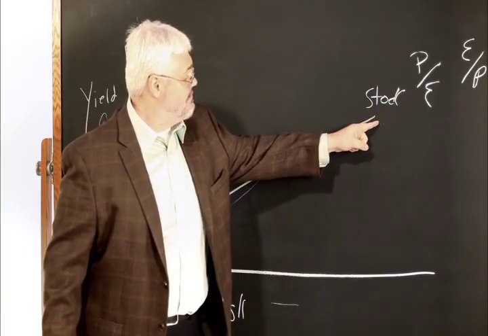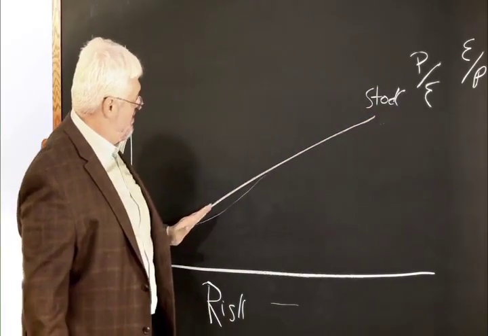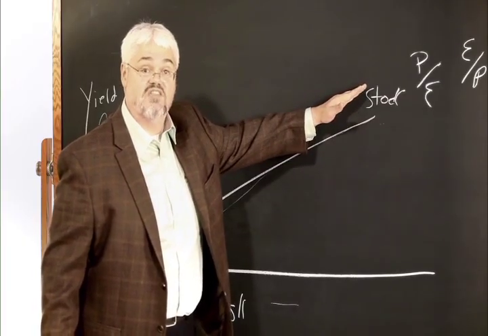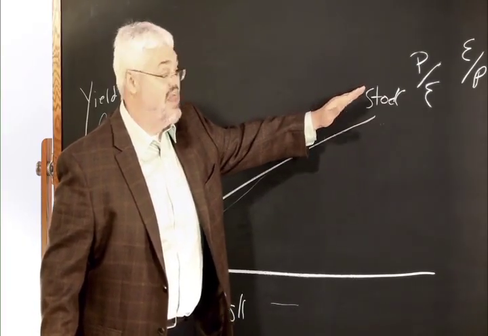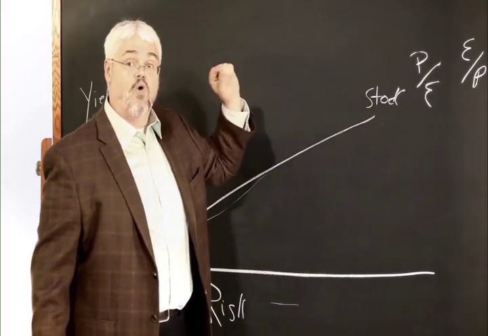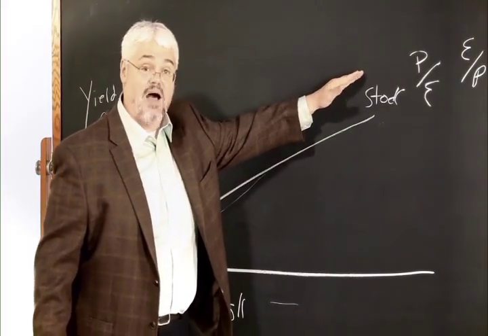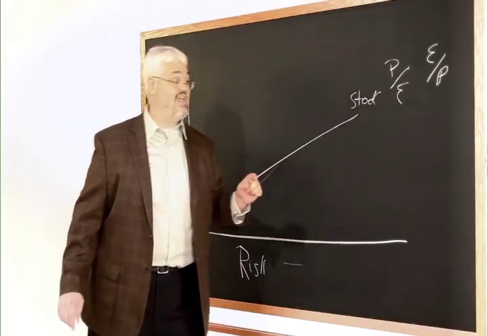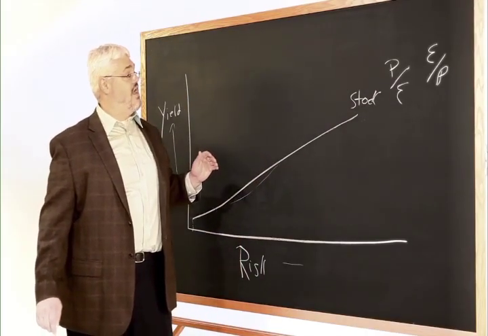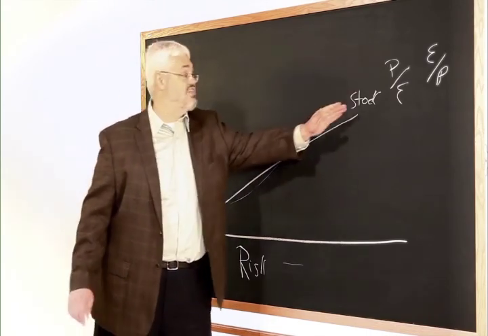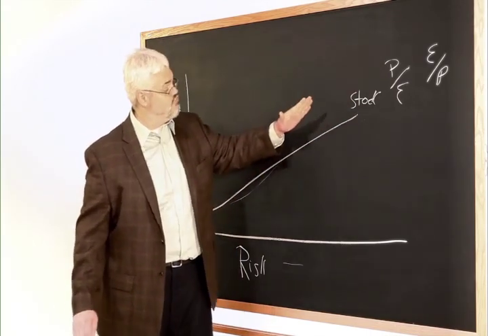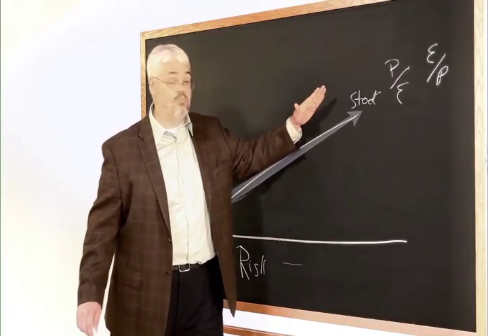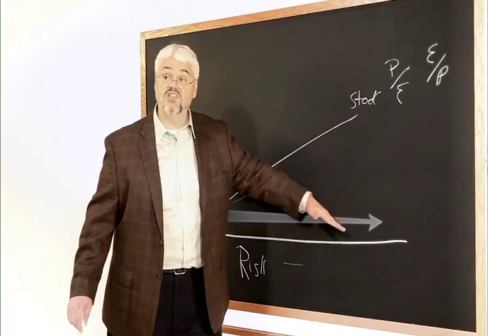And that means that this level of steepness of the line is a measure of the risk that the market is currently putting on growth. The steeper this line, the more people want a yield to compensate them for not taking the sure thing. When people want the sure thing, that's a sign of pessimism. When people are willing to take the bet, that's a sign of optimism. So as risk levels of growth go up or down, this line either points up, higher risk, or points down, lower risk.